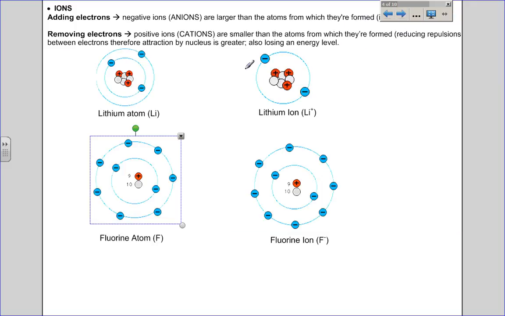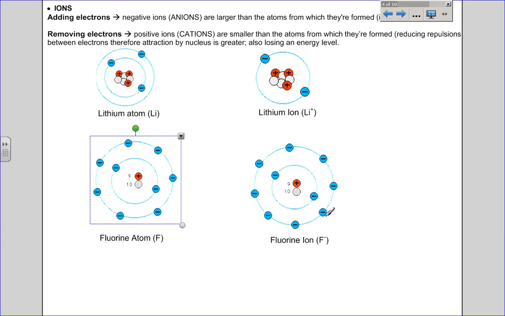Now, in discussing atomic size, what we can also look at is the size of an atom compared to its ion. So we need to look at this in two separate categories: atoms that become cations and atoms that become anions. So when we add an electron and form an anion, in the example of fluorine, which has 7 valence electrons, and gains 1 electron to become F minus, an anion, as it forms an ion,